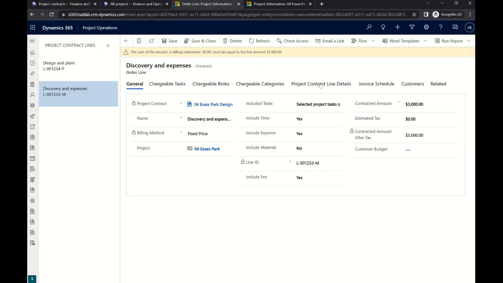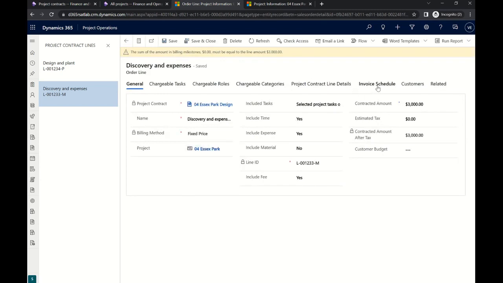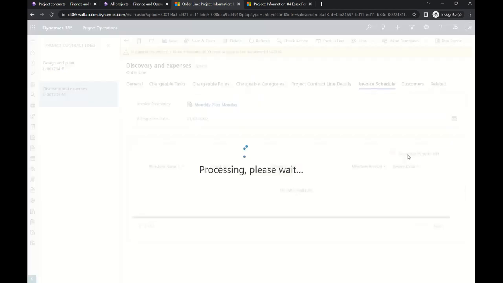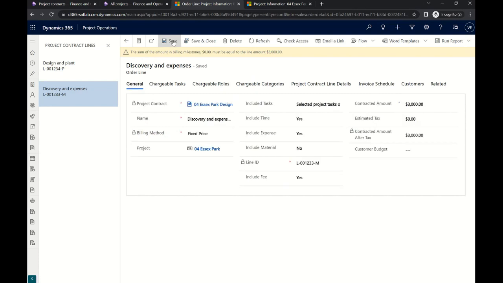You see the error message that the billing milestone should be 3,000 as on the line. And we're going to rectify this just in a second by going to the Invoice Schedule tab. We click, we add invoice frequency and billing start date, and then we click on Generate Periodic Milestones. And that's it, as simple as that. We have 2 milestones created for September and October to bill our customer equally, 1,500 each. Let's save that line